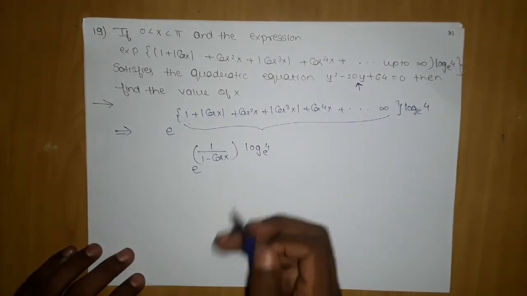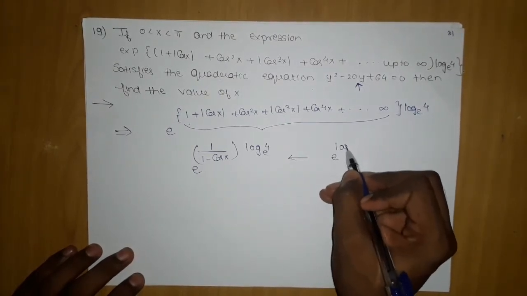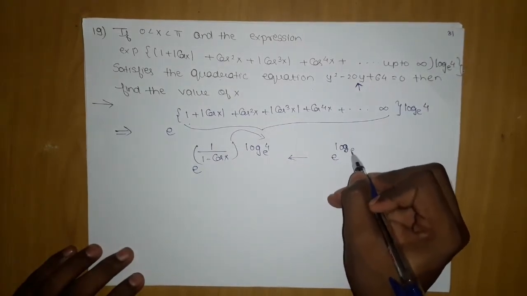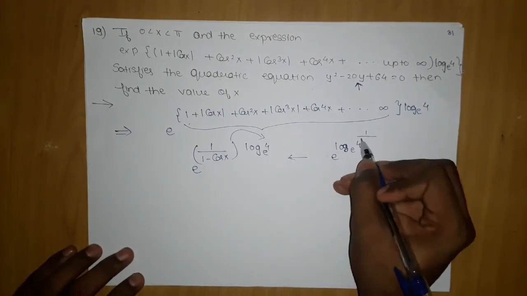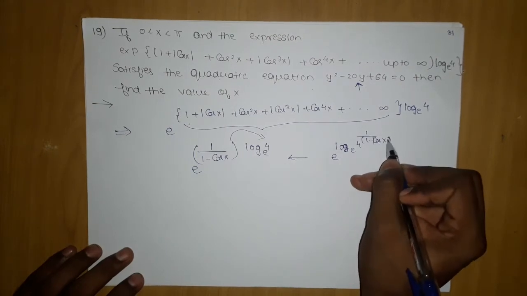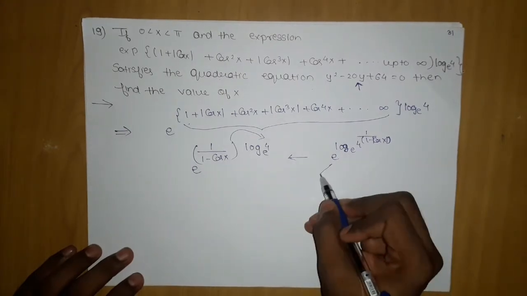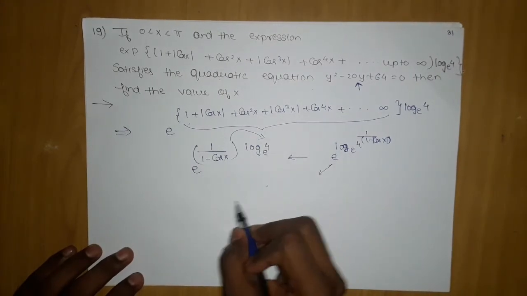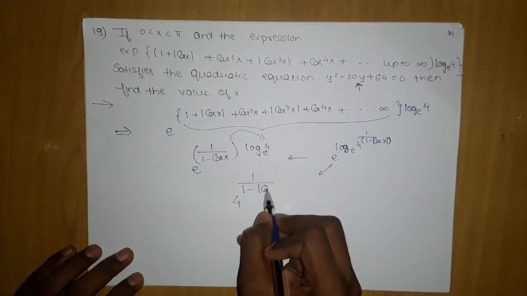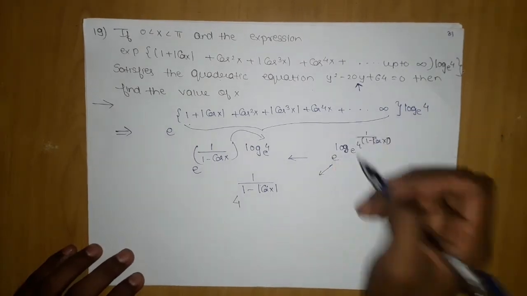So one thing we can do using the logarithmic property is move this power up, which will be like this: e to the power 4 to the power 1 upon 1 minus |cos x|. Since the bases are the same, the log will be eliminated and we will get our final answer, 4 to the power 1 upon 1 minus |cos x|. Now this should satisfy the quadratic equation.